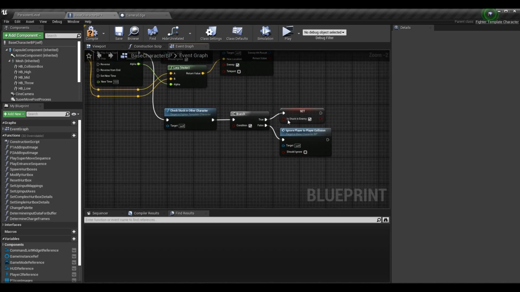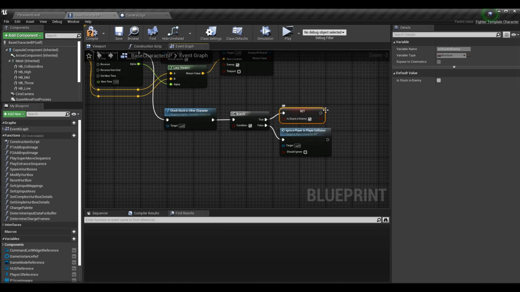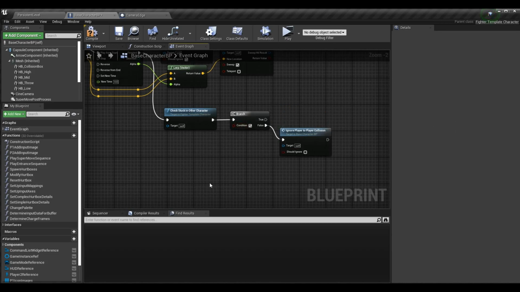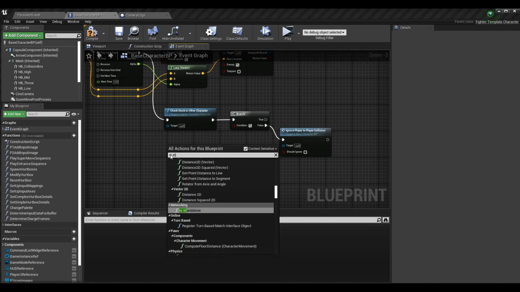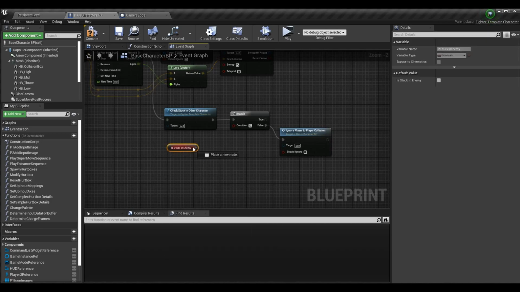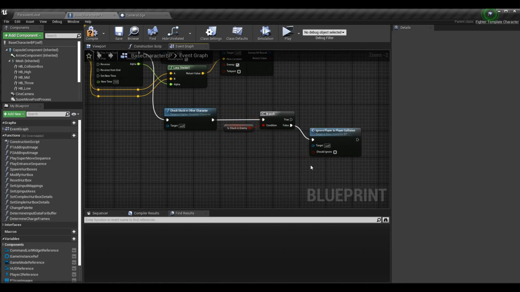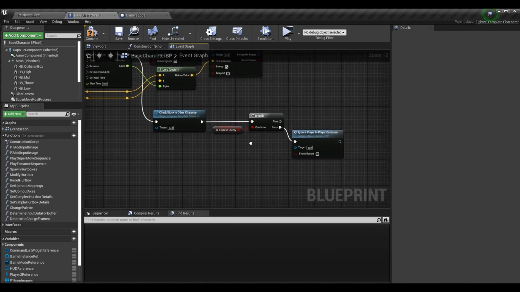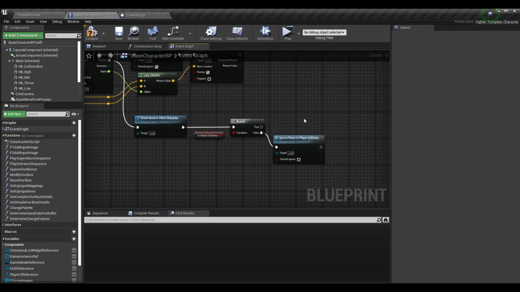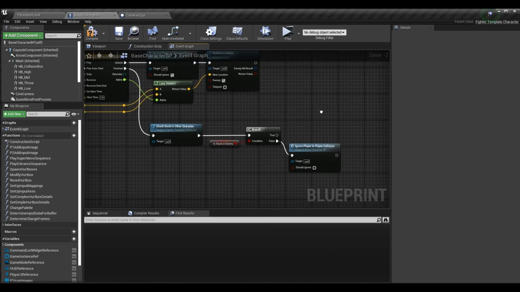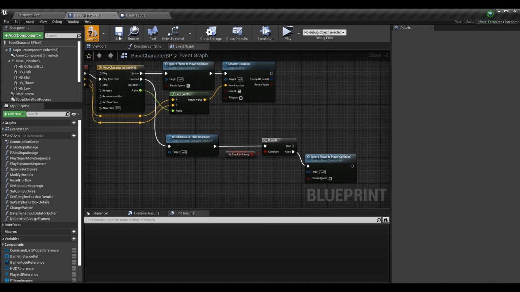Instead, we don't need to set is stuck in enemy to be true anymore, because it's going to be set in here. If we grab is stuck in enemy as the branch, if it's false, we don't want to ignore collision, right? But if it's true, we can do nothing, because we know that we're stuck in the enemy, and we know that tick is going to take care of it. So now if I compile and save this,